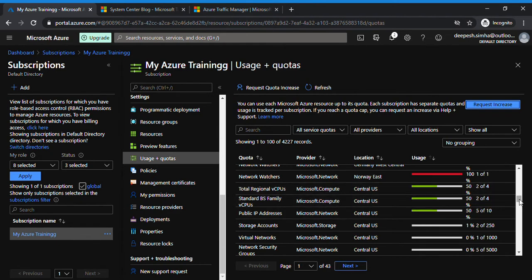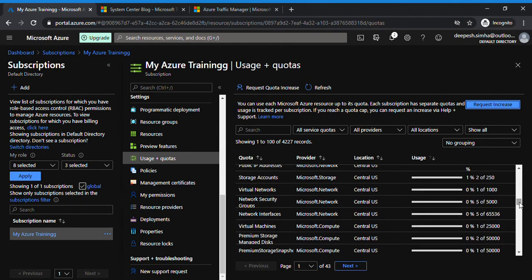By default there are some limitations at the Microsoft data center level, because without limitation it's very difficult for Microsoft to manage the services. They also focus on availability of services from the data center side. So in every region they set some limitation, and based on request Microsoft acts accordingly, and they can add services, RAM, storage, everything. If there is no limitation, it's difficult for them to manage it at the data center level.